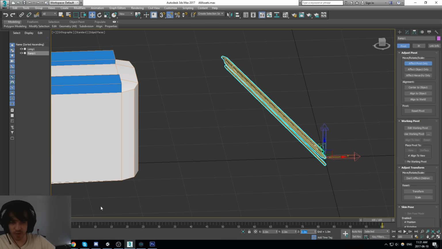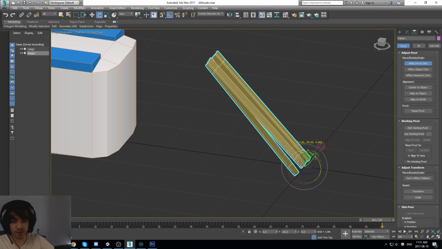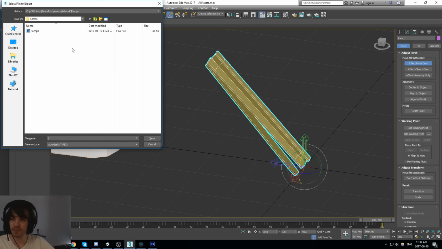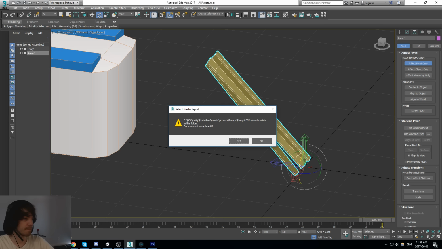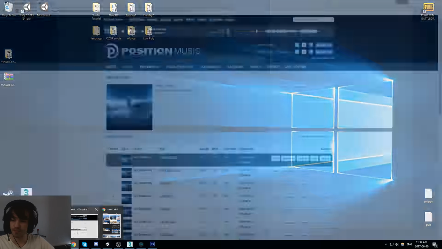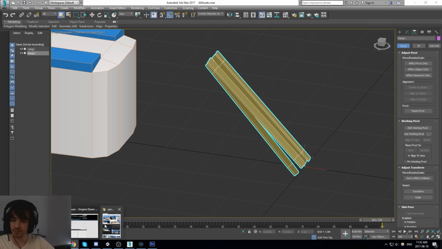Cool, so I modified the ramp a little bit. I wanted it to be going a little higher after looking in game what it gave us. And I'll be exporting it on its own. Oops.